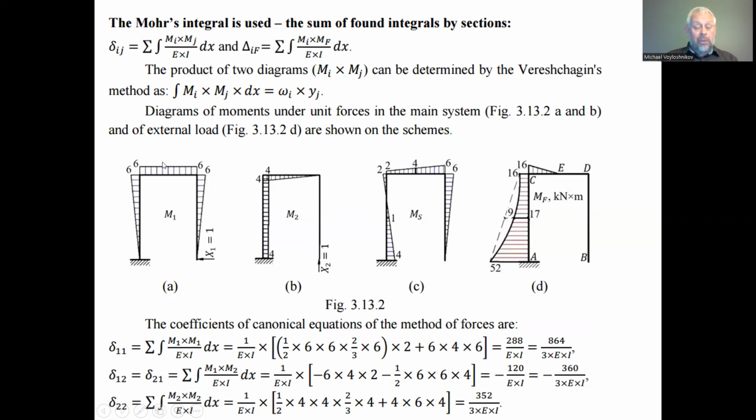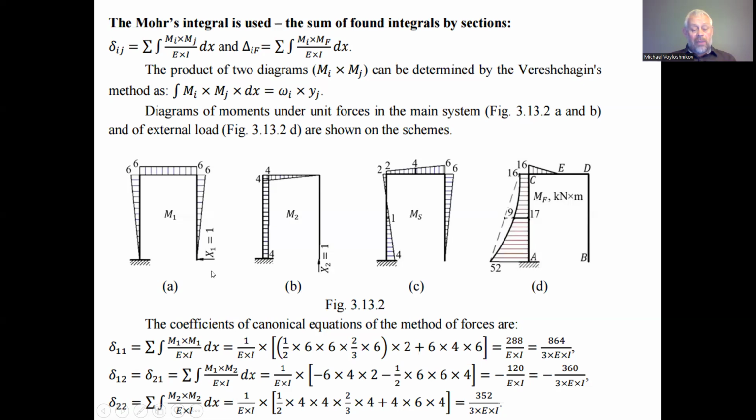And for the horizontal element of the mechanical system, we have the product of the magnitude 6 by 4 meters, the span between these two nodes of the mechanical system. This is the area of this diagram, and 6 is the magnitude in the middle of this area, magnitude 6 as well. So substituting into the equation of the magnitudes, we have that unit displacement in the force direction of